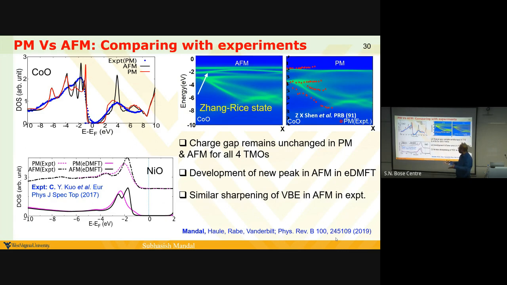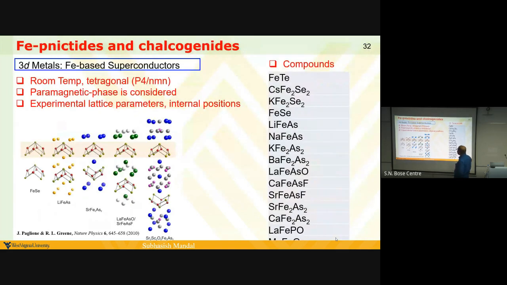And you can extend this physics even to the single particle picture. Only in the paramagnetic picture, or the geometric picture, this sharpening happens really large. So that's the reason. By comparing these methods, we're actually learning physics also, which is nice. That's what we do. So the next set of materials is iron-based superconductors.